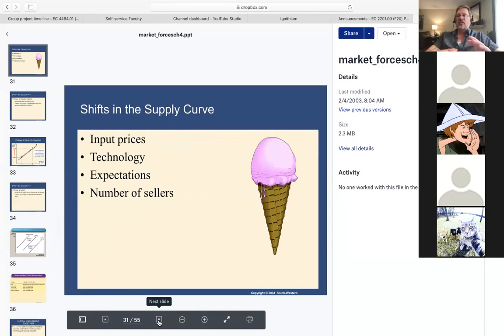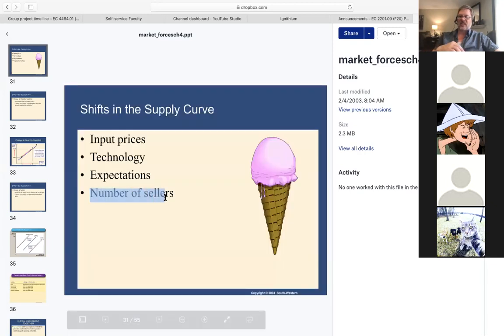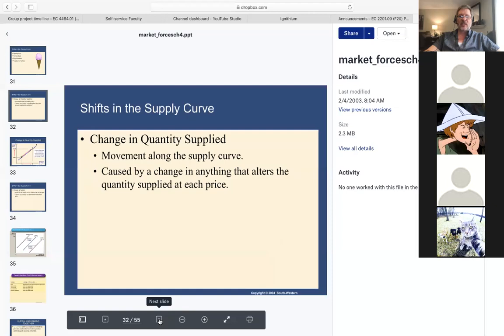Okay, so just like demand, we have things that can shift the supply relationship. And here are a few that are mentioned. The biggest one is input prices. We'll talk about input prices, but also changes in technology, expectations, and the number of sellers. The number of sellers is pretty obvious, because if you have an expansion in the number of sellers, for example, looking at long-term supply as the population increases and the number of sellers naturally increases for something like fast food hamburgers, you're going to have a bigger quantity because you just have more sellers to add up for the market. But the input price one is probably the biggest one. So we'll talk about that